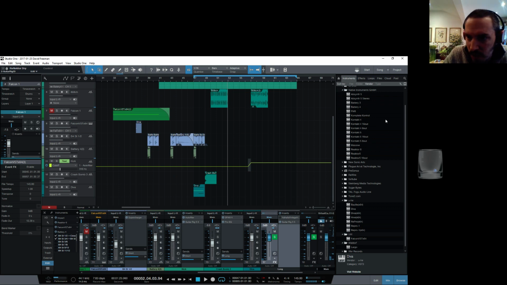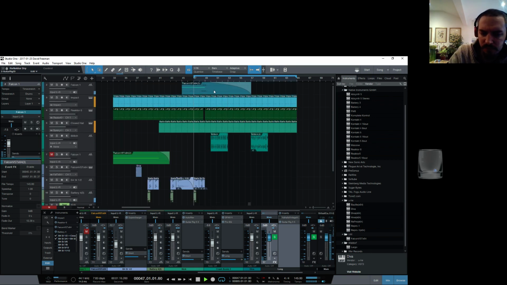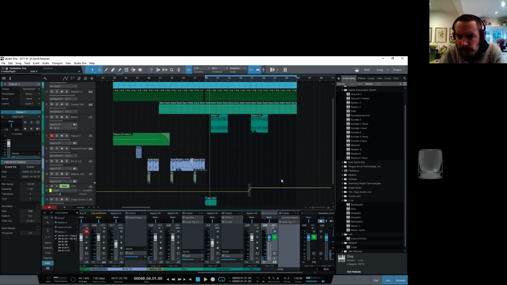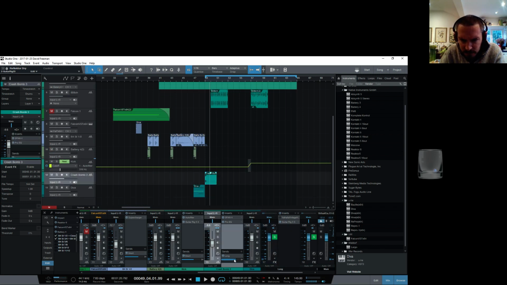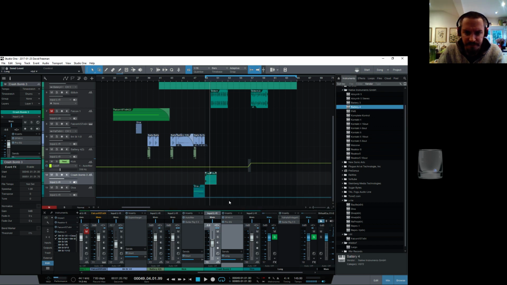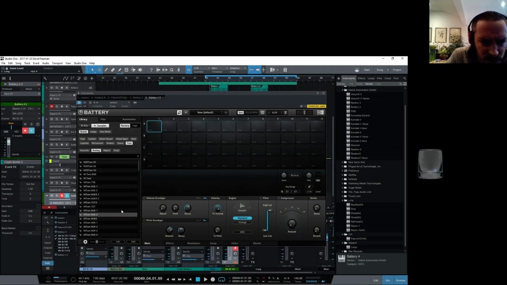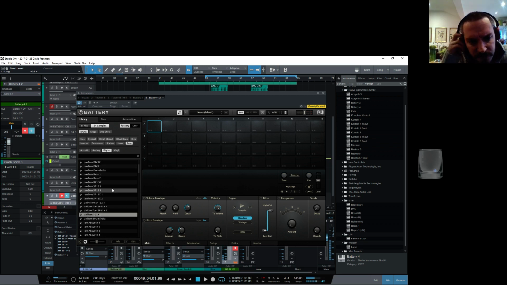So now I want to get more percussion in here. Okay. I may come back to the reverb at some point. So I'm going to grab another copy of Battery. I'm going to grab some crazy tom noise and I'm going to mess around with it essentially. So toms. Let's see what's in here. I'm looking for strange toms,